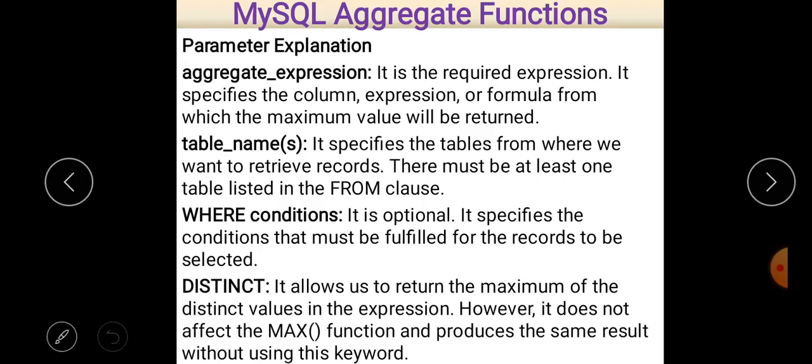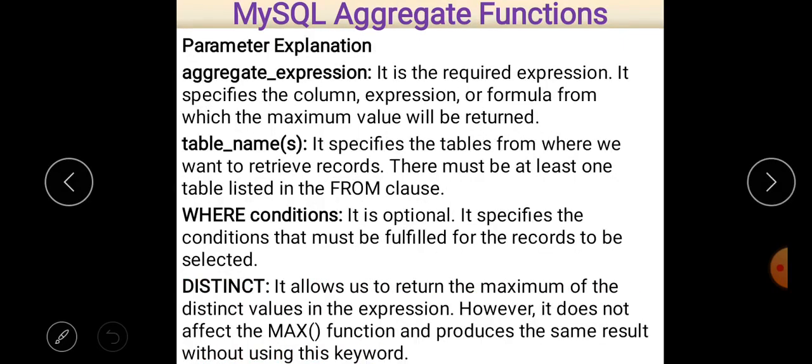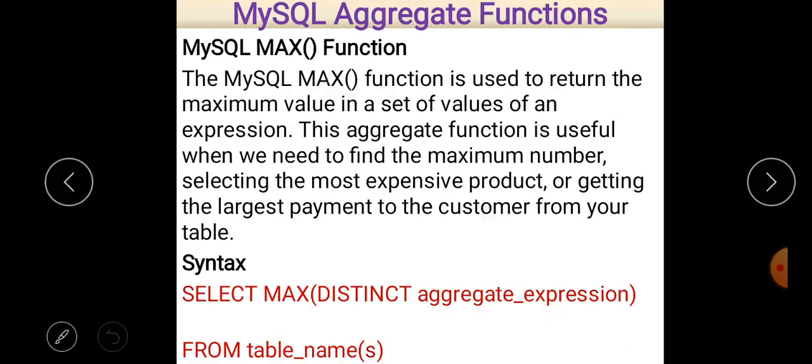So if a certain condition is there, then we use the where clause. And distinct is also optional, and it allows us to return the maximum of the distinct values in the expression. However, it does not affect the max function and produces the same result without using this keyword. So the parameters are aggregate expression, table names, where condition, and distinct. Now I think all of them are clear to all of you.